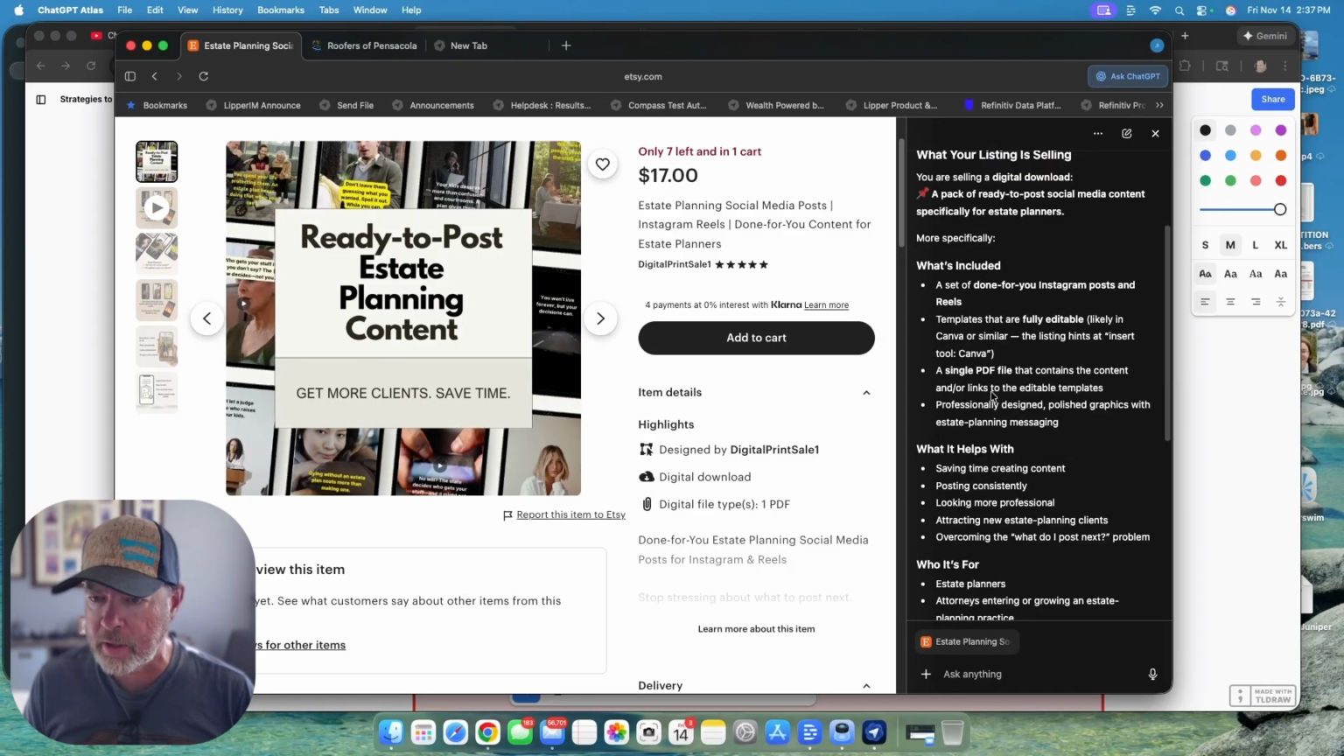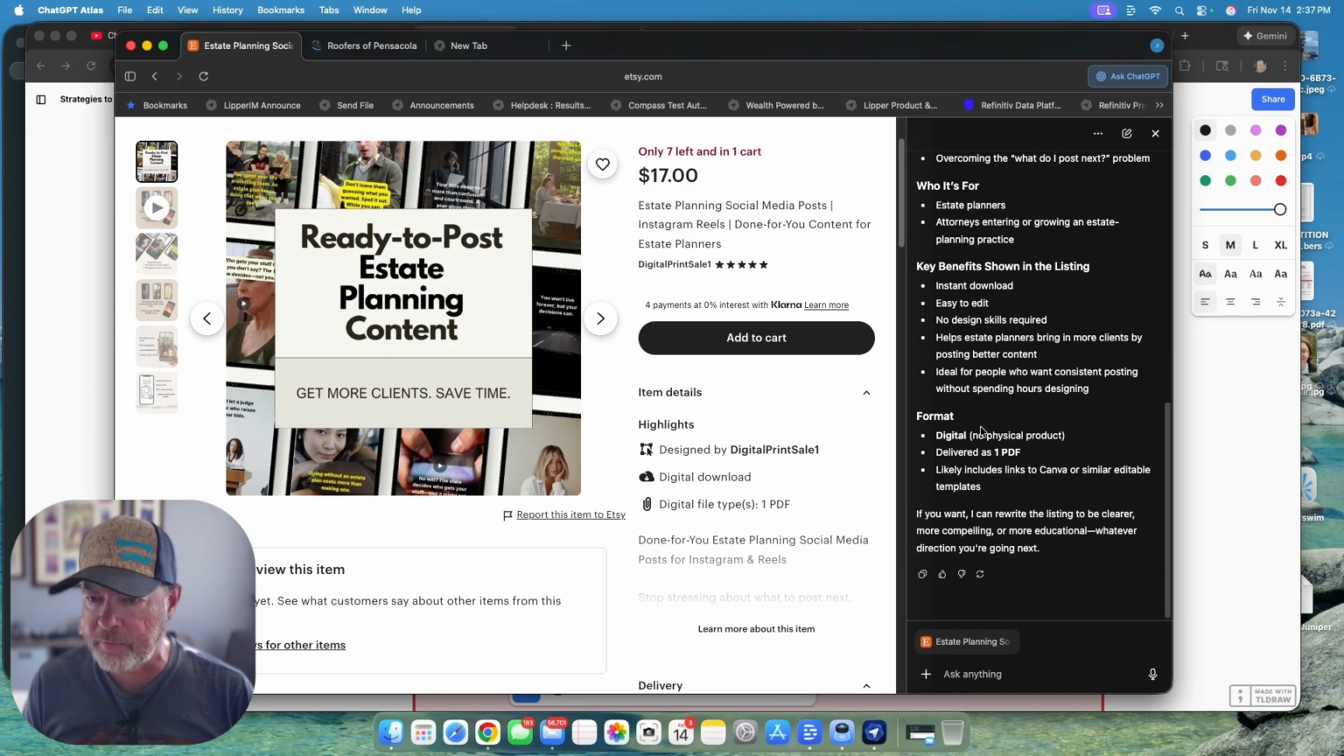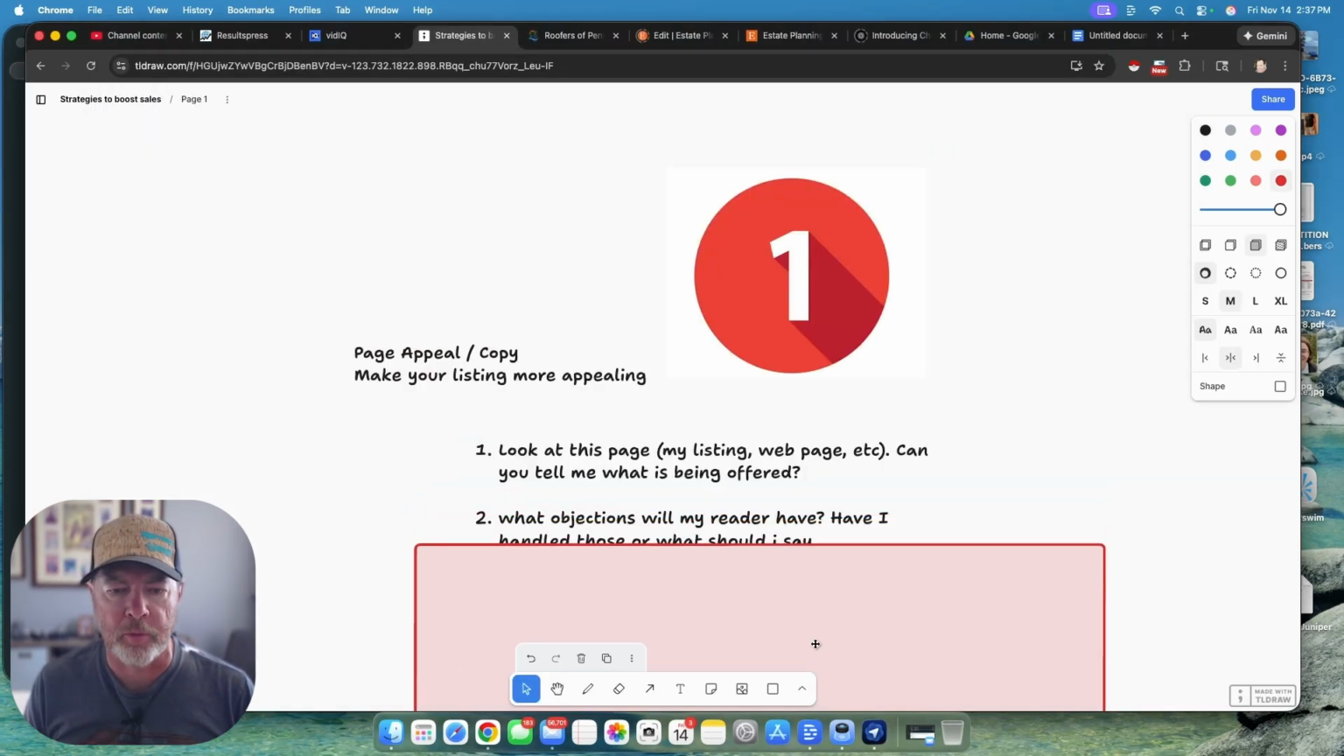So here's what it is, here's what it helps with, who it's for, attorneys and estate planners, and benefits shown, okay? So now right away, of course AI always does this, it's always trying to help. If you want, I can rewrite the listing, but let's go back over here to our whiteboard, all right, and